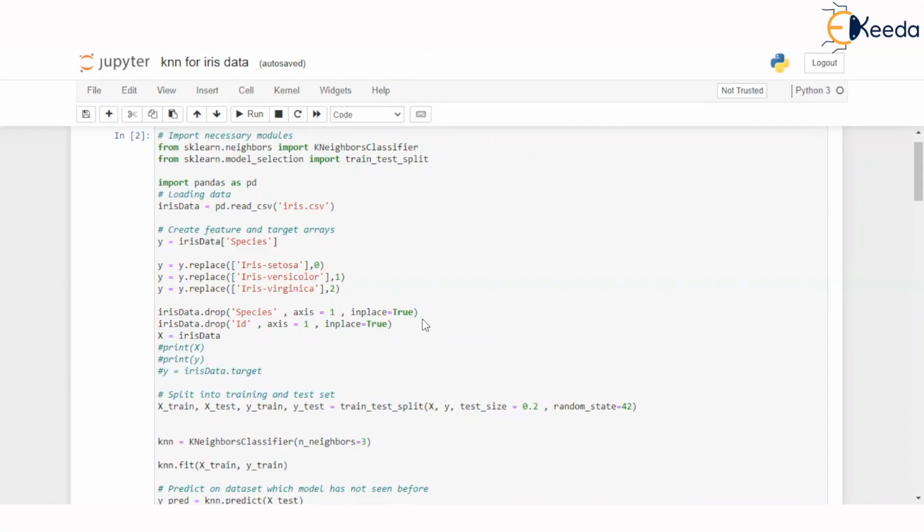Let's start. In the previous class, we saw the k nearest neighbor algorithm. Today, we are going to continue from where we left, but I'll just give you a brief idea about the first machine learning algorithm that we saw. The first algorithm was the k nearest neighbor classification algorithm.